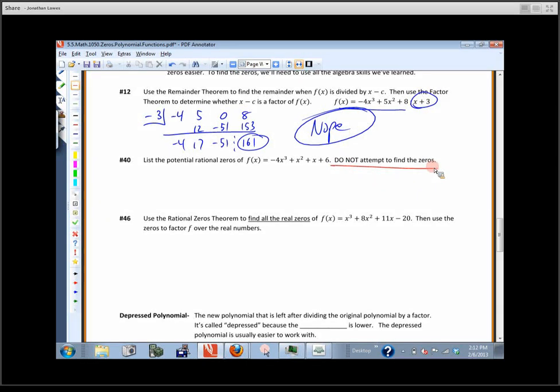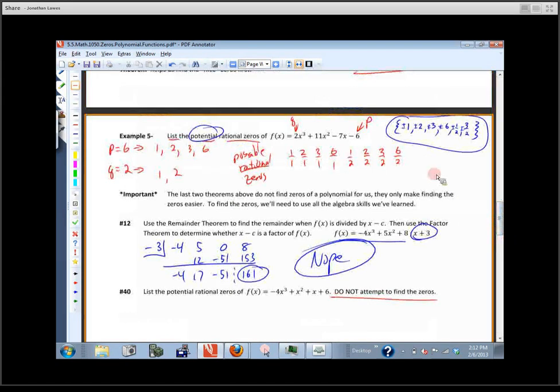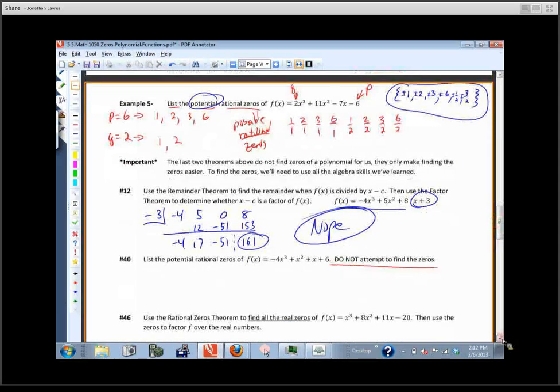Now, this is how I'd explain it. This is all of the steps involved. This is how I'd actually do this problem. You ready? I'm going to figure out what P is, and I'm going to write it right here. That's a 6. Q is 4. I'm going to write down a 1, a 2, a 3, and a 6. A 1, a 2, and a 4.